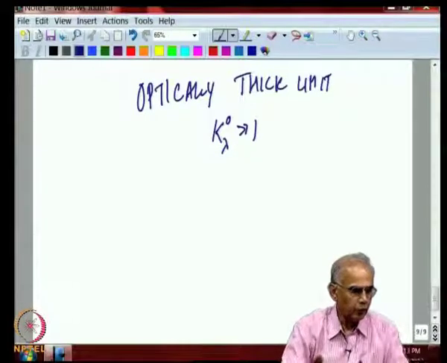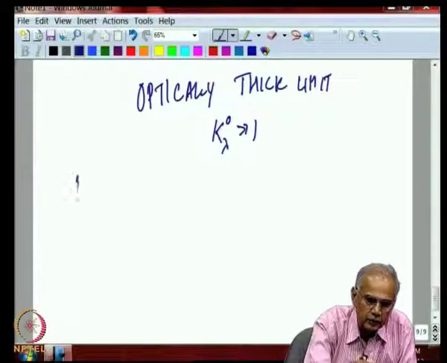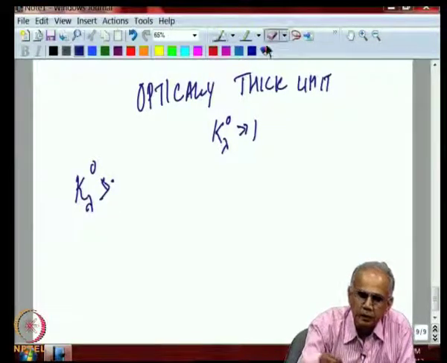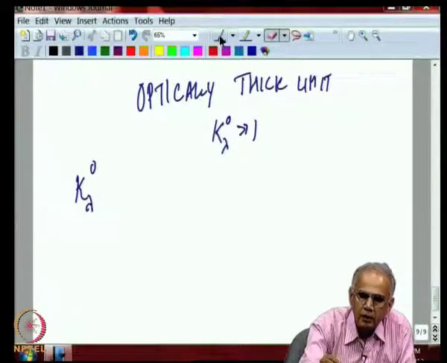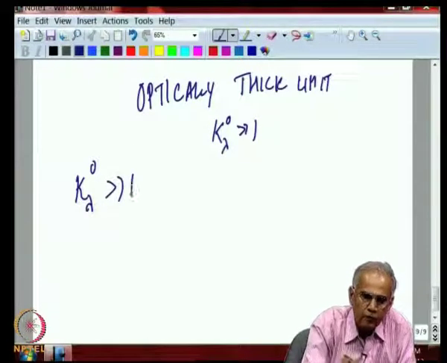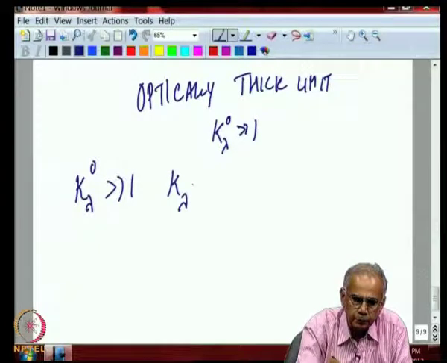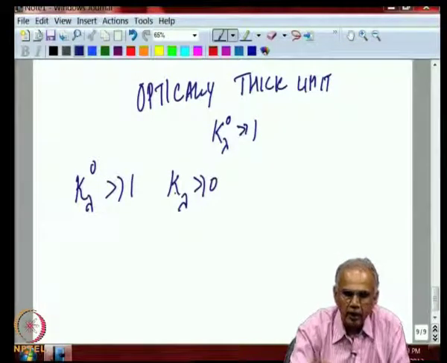So, now what we are going to propose in this limit is not only is the total optical depth much greater than 1, we also invoke the fact that we will look at only those points which have a high optical depth,